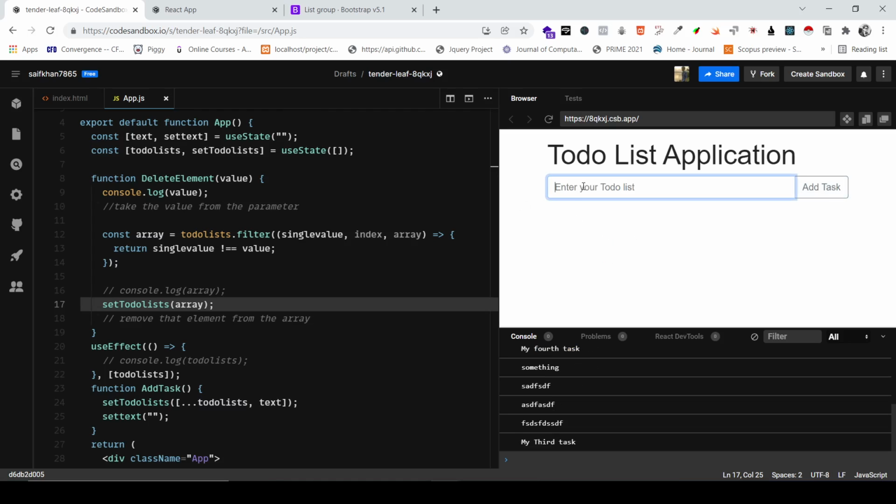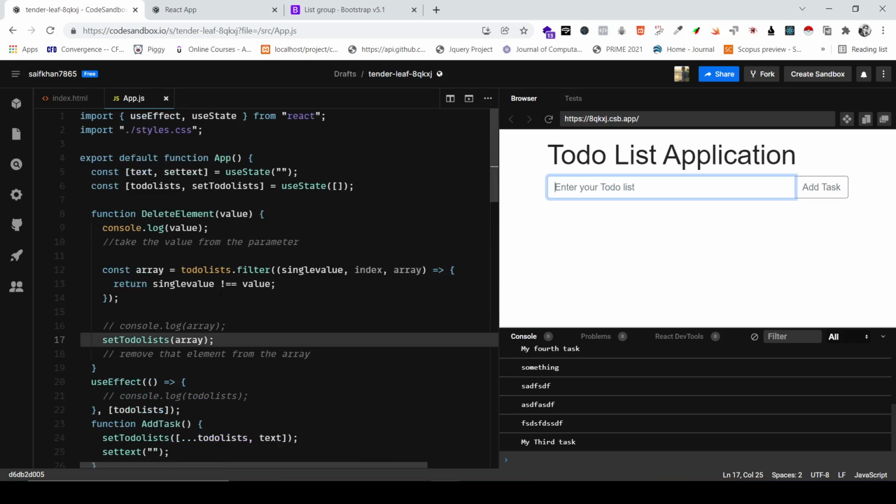All right. So in this whole section, what I was trying to teach you is useState, useEffect, and higher order functions like map and filter. I hope that you understood this thing. If not, by the end of this course, I'll also be giving you a few interview questions that are asked in a React.js interview. I'm going to speak about the filter and map functions in very much detail in those two